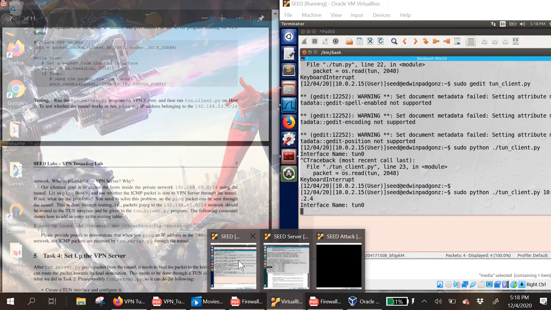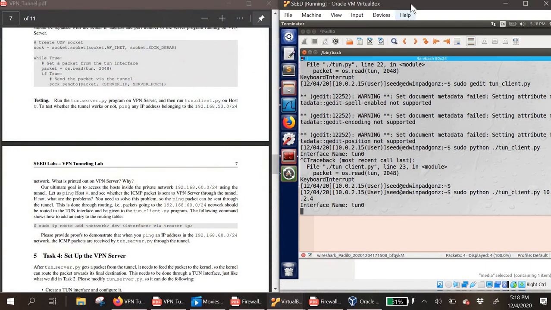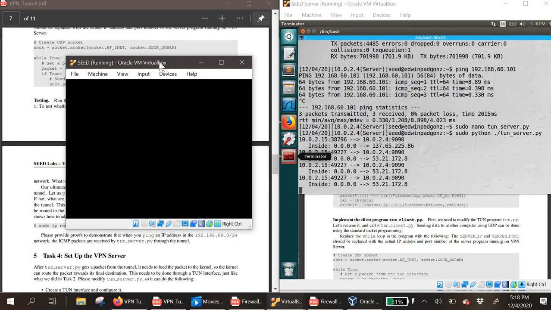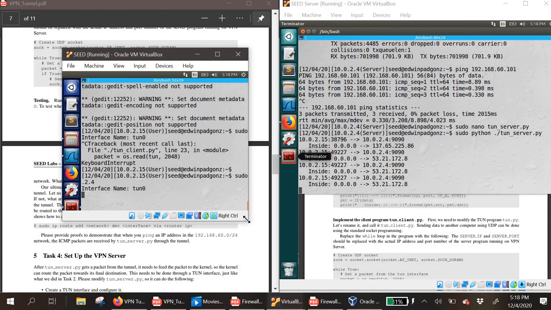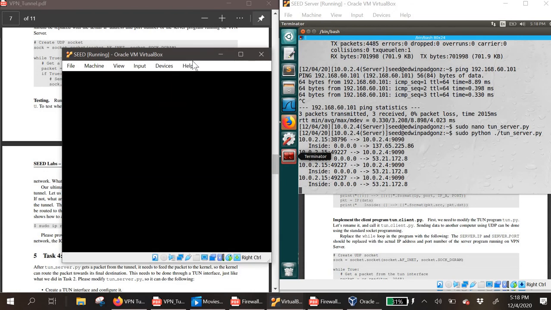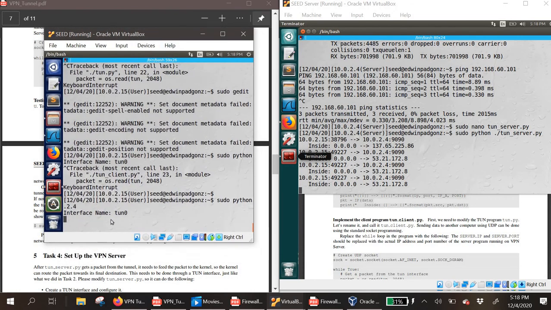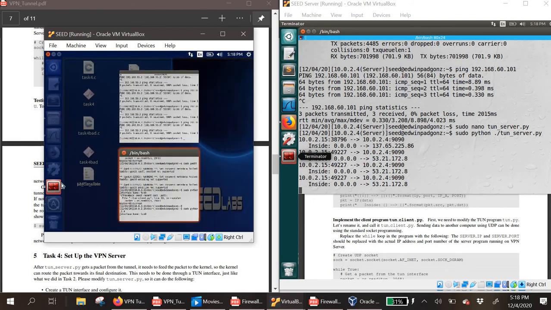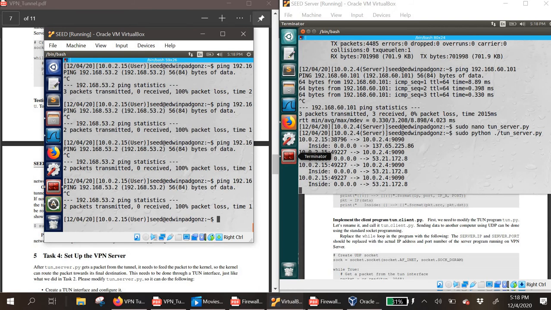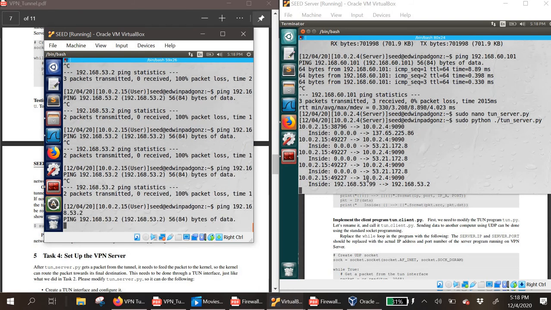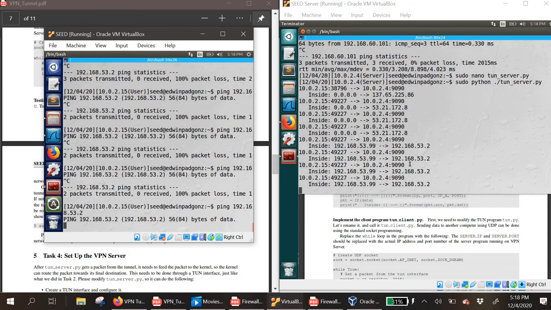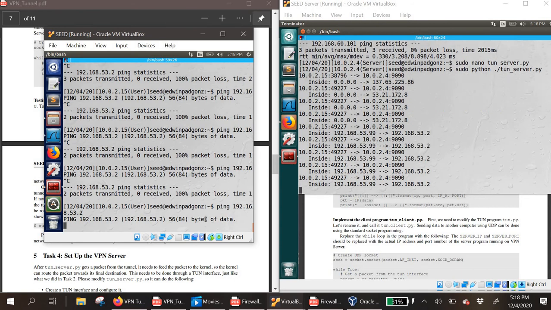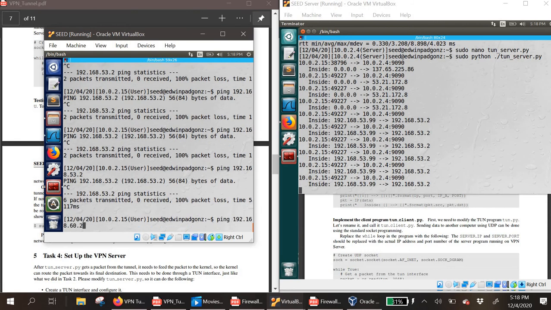And then while that program is running, we can ping this address. And here you can see that it's tunneling correctly. But if we ping this address,